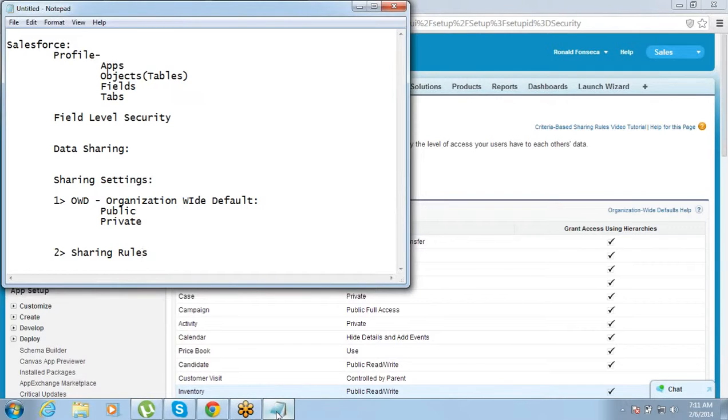Think of it: there is your office. In the office, you have access to a certain building, or you do not have access to the server room. That is a separate issue. Consider that as field level security. In field level security, you are restricting the access of the profile users, whether they will get to see that field or not.